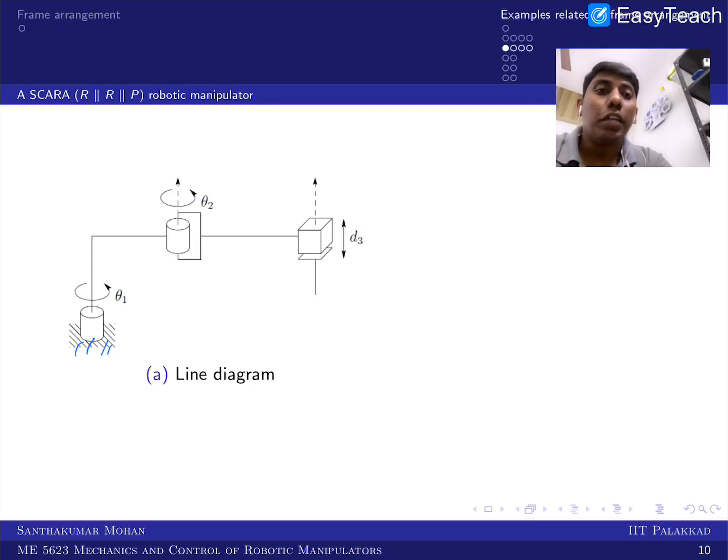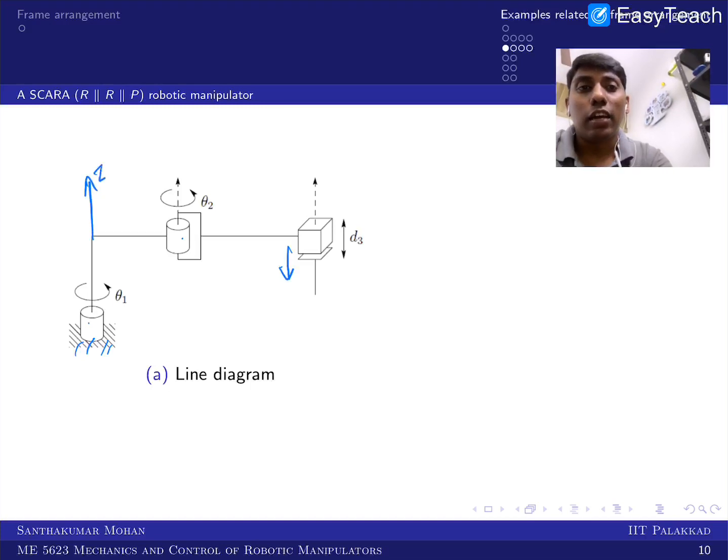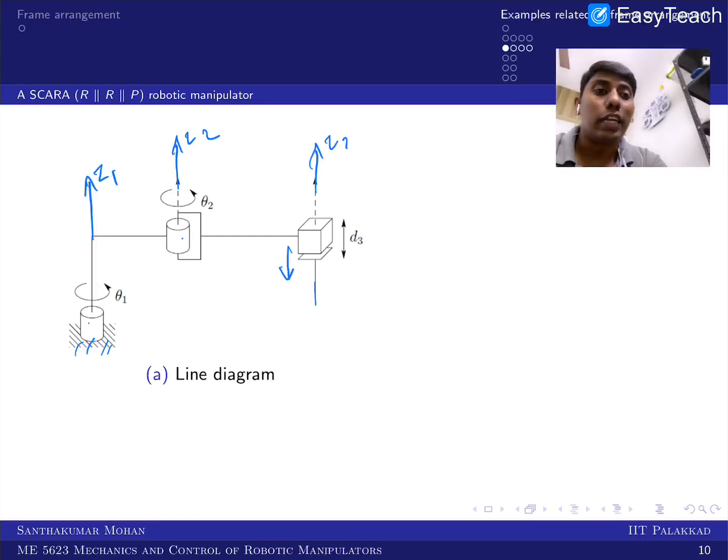So this is the base joint, okay, and there is one motor associated, and the second motor is attached here, and there is a translated motor, in the sense a linear motor is attached. So in the sense you can fix it. So this is Z1, and this is Z2, and this is Z3. Okay, so the Z3 direction you can take this way or that way, we can choose, but right now you can see these are the joint axes, and we have to fix the 0th frame, and we have to fix the tool frame we call end effector, and you have to fix 1 and 2.